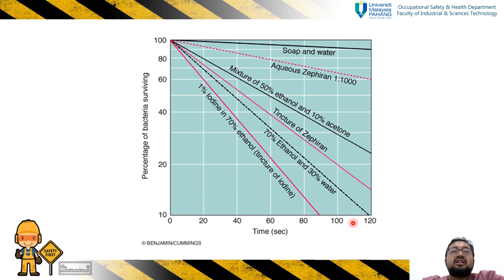Okay, so ini adalah kita boleh katakan in summary, types of antimicrobial agents, yang mana dia punya percentage of bacteria surviving and how long it takes to decrease this bacteria surviving percentage lah. Yang mana soap and water, it takes longer time. And then we've got aqueous zephiran, mixture of 50% ethanol and acetone, tincture of zephiran, 70% ethanol and 30% of water, and 1% iodine in 70% ethanol. Okay, tincture of iodine adalah yang paling cepat, yang mana hanya memerlukan 90 seconds to decrease the bacteria surviving